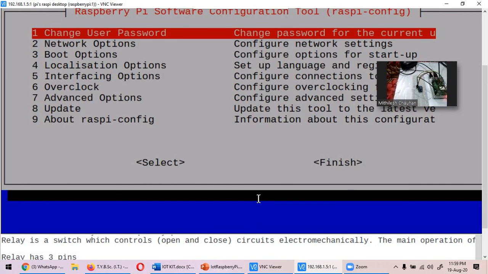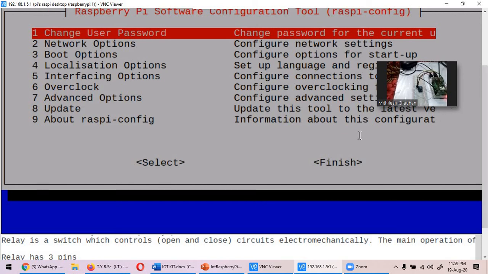Now say for one example, you have enabled the pin and you are trying to read the value, but again you are getting an input and output error. Then for that example also, you can come again to this page and disable the I2C interface and enable it again. There may be a possibility that there is some issue with the interface, so you can disable it and enable it again. Most probably, 90% of the time it is going to work.